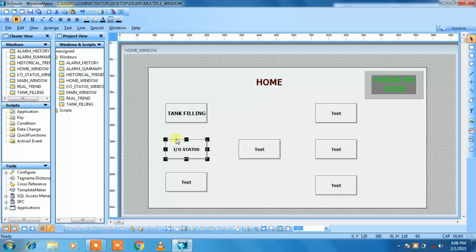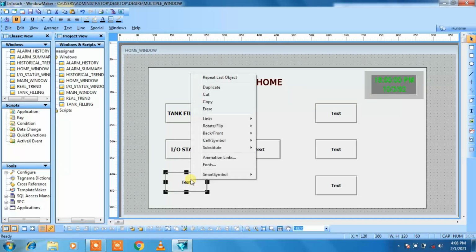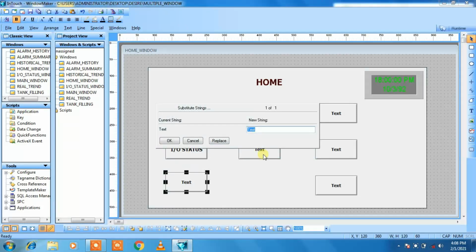Click on OK, then maximize it, then select third button, right click on it, go to the substitute, go to the substitute string, then give the name as real trend.